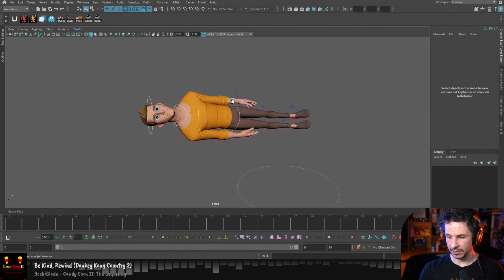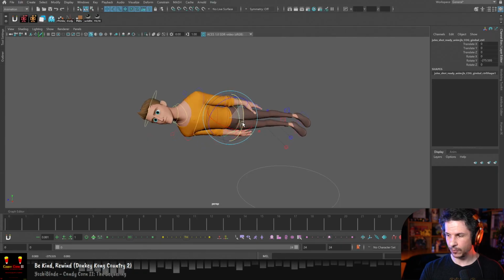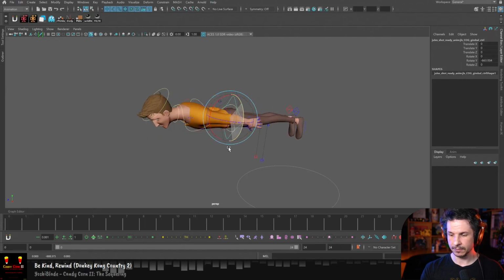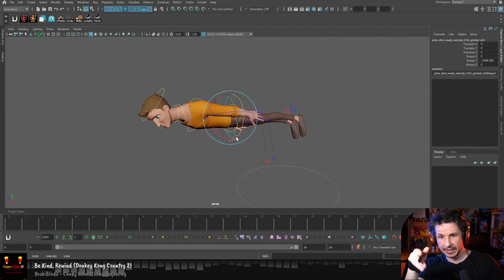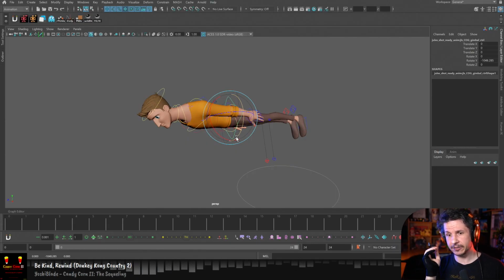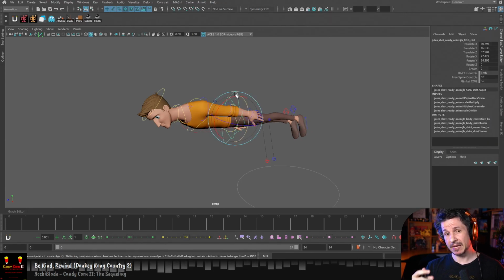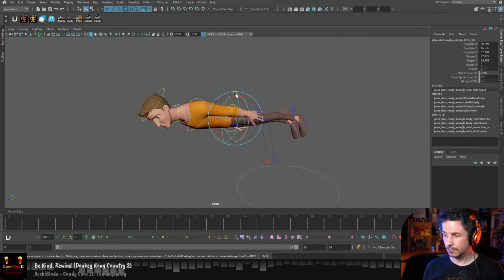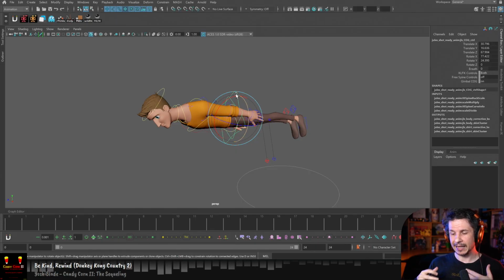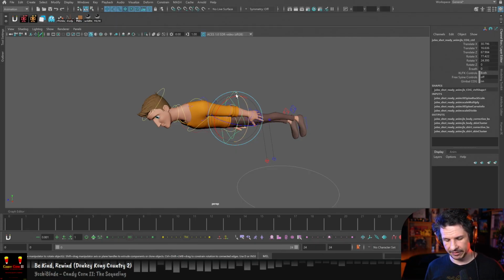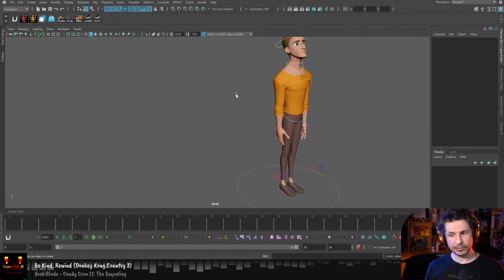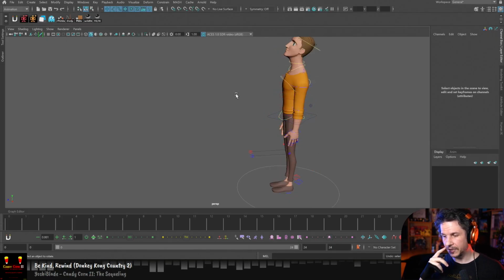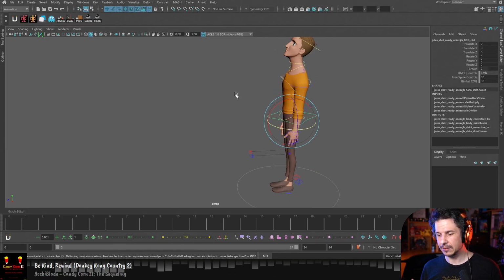And the gimbal cog here is only rotating in Y the whole time. So I can get this perfect spin as the character goes through the air. Done. That will make it much easier, and I'm not going to get this weird wiggle to his spin. So this is how you would normally use a gimbal control. That's what they're made for, to avoid this kind of situation. But what if your rig doesn't have one? Well, you can quickly create your own